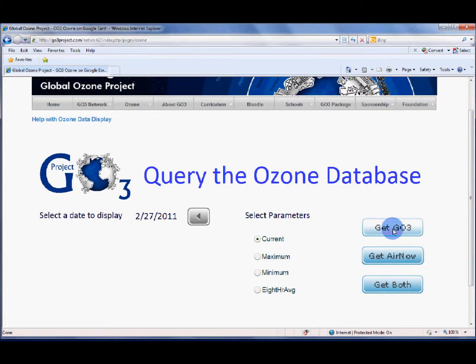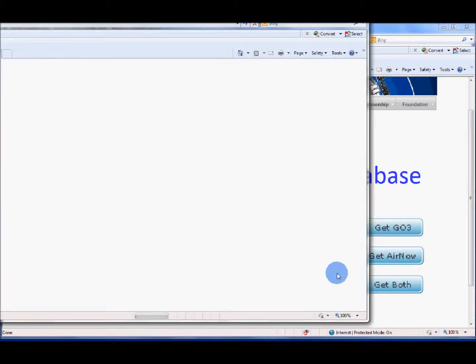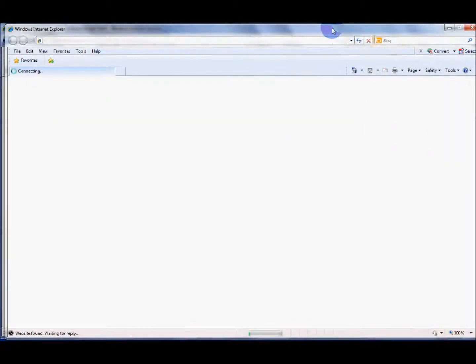So if you click on Get Go3, that gets all the student collected data. And Get Air Now gets all the EPA's data for the United States. So since I want to look at my data, I'm going to look at Get Go3. This brings up a window which will begin a download of a Google Earth file for you to view